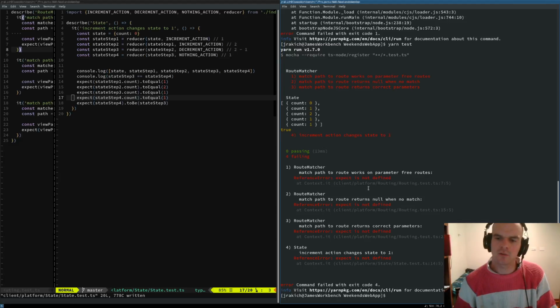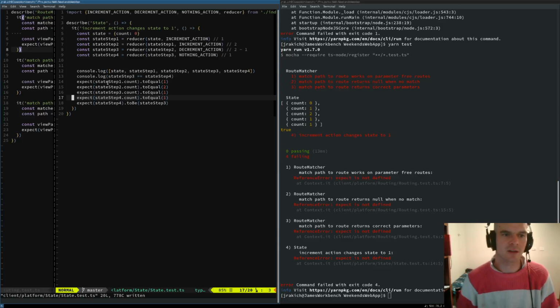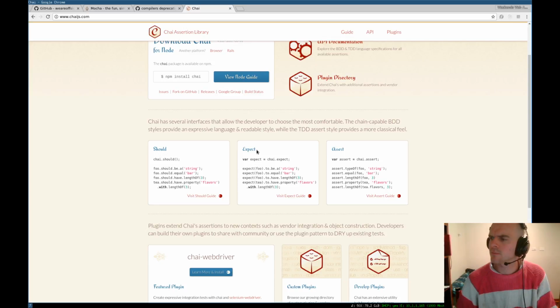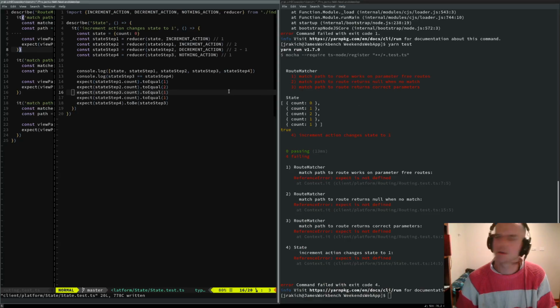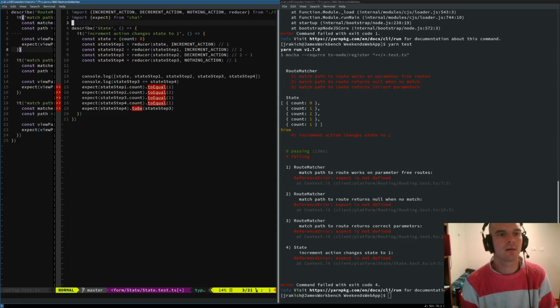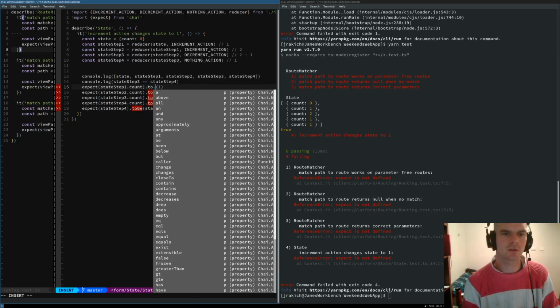So you can see here we've now got a bunch of failures, but the failures are a bit different because they're based on the failure that we have this expect that we never actually import. So we'll need to do just that. So we pull in those assertions. We've got chai expect, so we could do something like 2 dot equal.